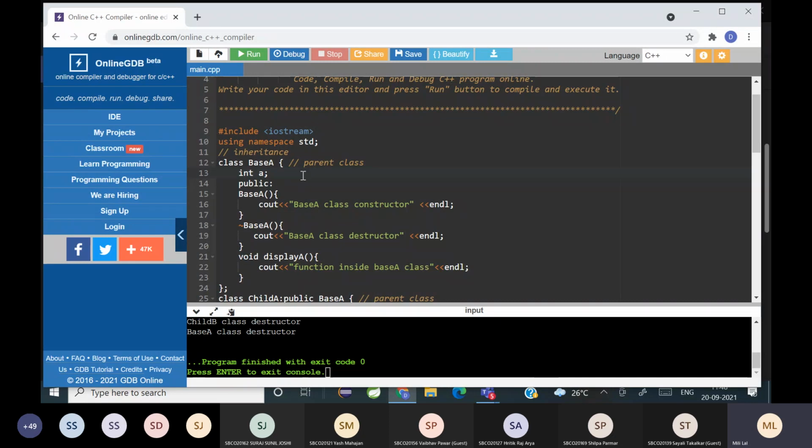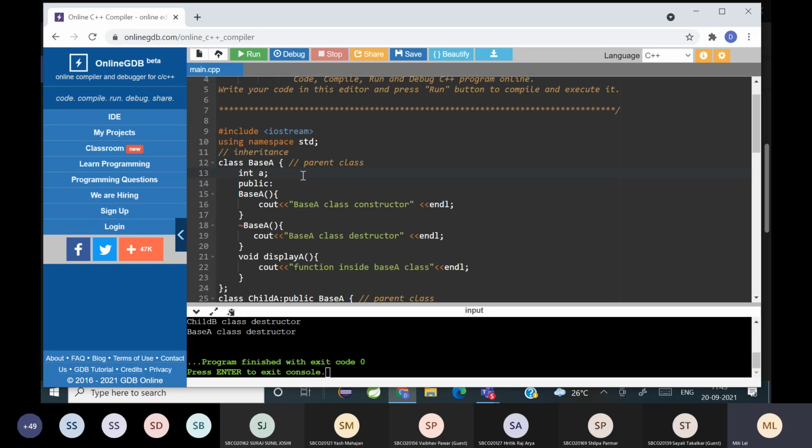So what is the meaning of private access specifier? What is the meaning when some data member is specified as private? It can be only accessed by the members of the class.